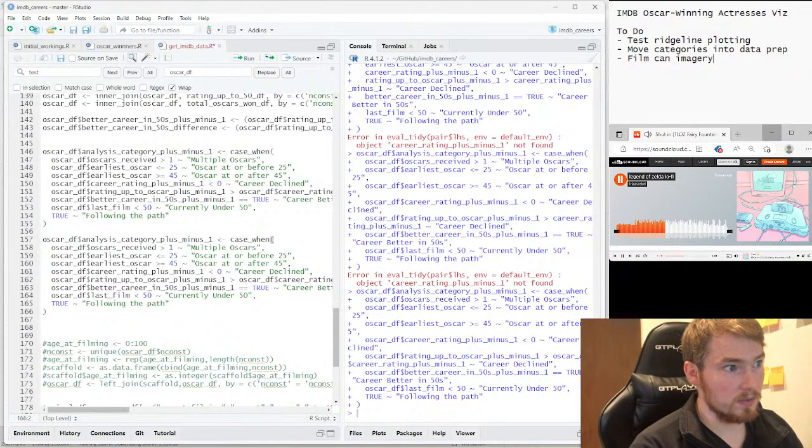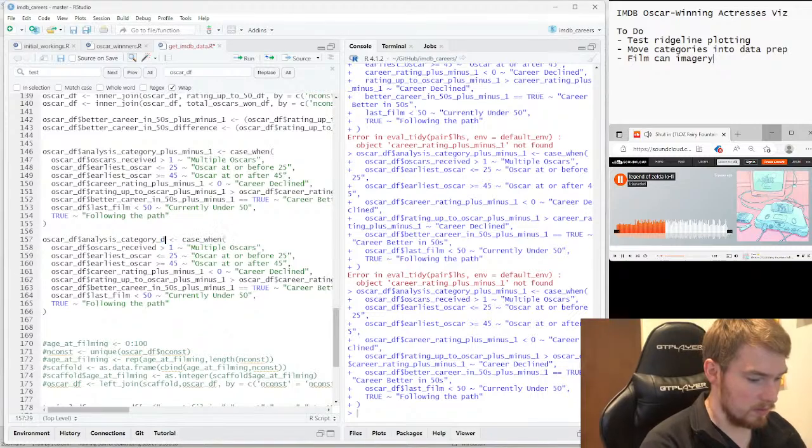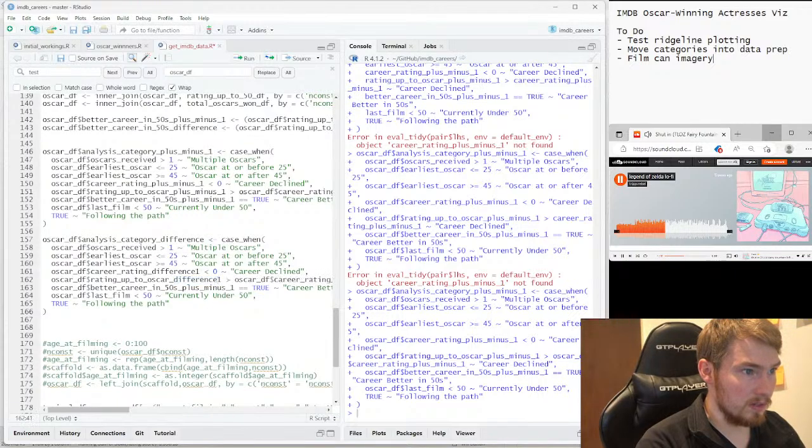So I'm just going to change this for the alternative version, the alternative calculating method. I'm going to call this difference. This to difference, this to difference.